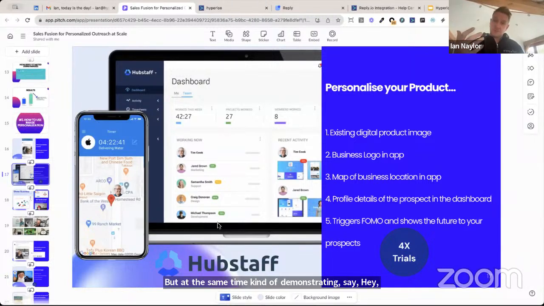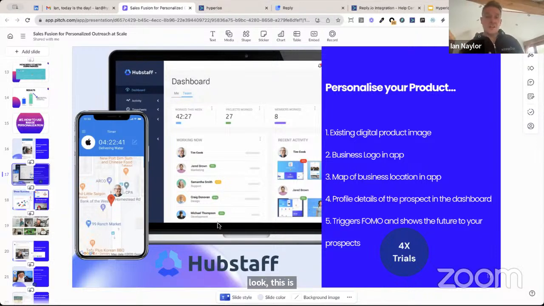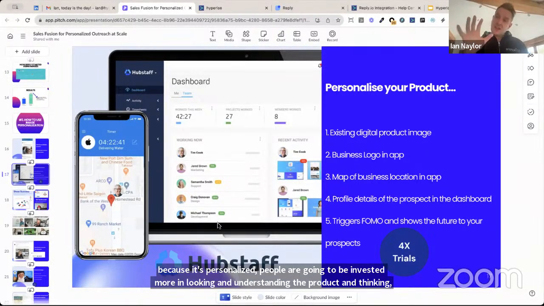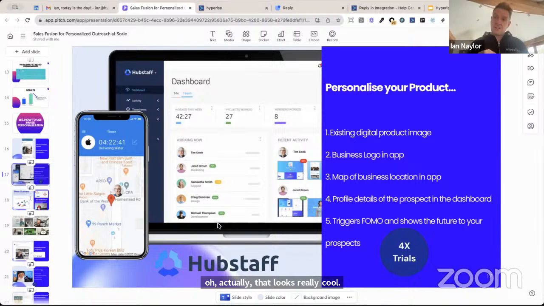And because it's personalized, people are going to be invested more in looking and understanding the product and thinking, oh, actually, that looks really cool. That looks like something I might be interested in. And that image inside a cold outreach email quadrupled. They got 4 times as many people clicking to take that call to action as when they had no image